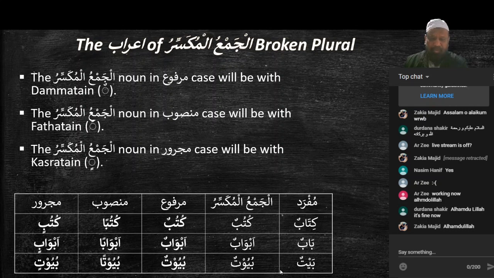We'll see over here the form of the mufrad ism is broken, we have the letters different. On the ba, we have the dhamma. On the ya, in the singular, we have a sukun, but in jama, we have a dhamma. And waw is added in the form of jama, and there is no waw in the singular. This is broken from the singular. Any ism that is broken from the singular is called a jamul mukassar. Baytun mufrad, jama buyutun. Marfu buyutun. Mansub buyutan. Majrur buyutin.